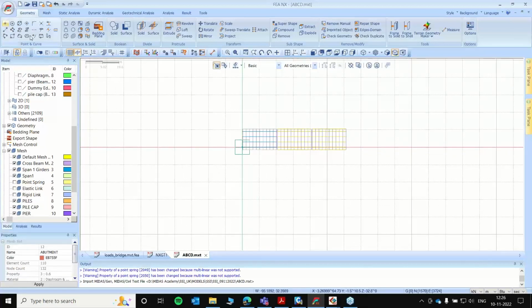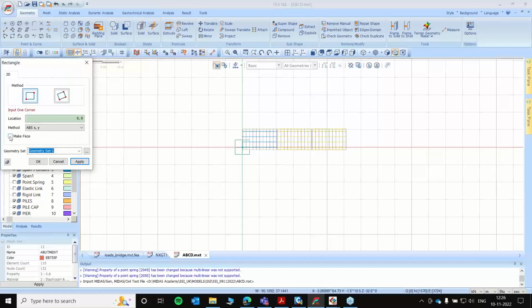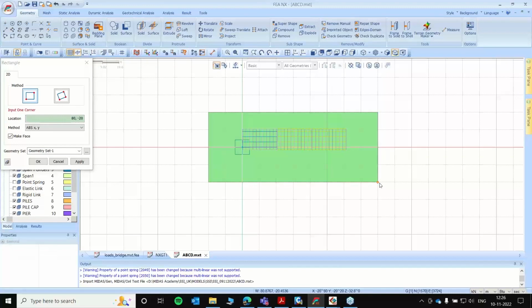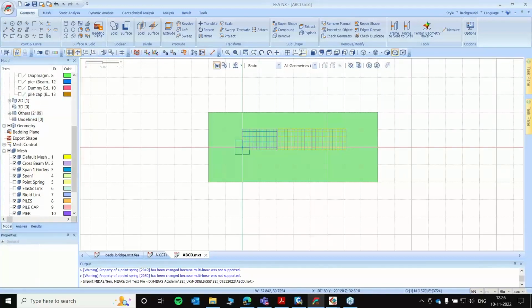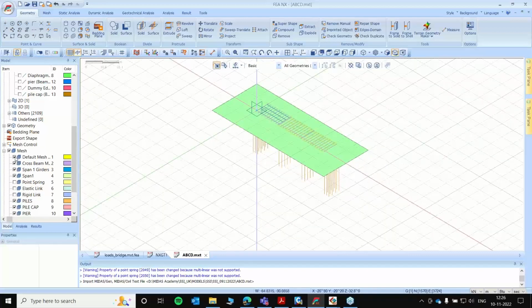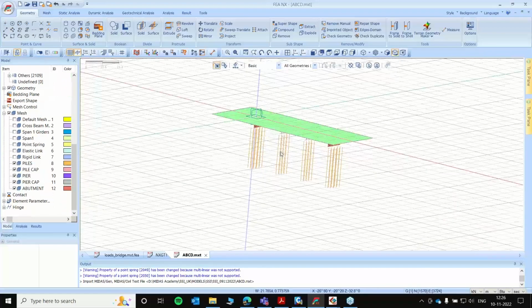So what I do now is I'll just create a rectangle to simulate the ground profile like this. Okay, so what we do now is they need to share the nodal connection with the foundation element, that means the abutment.